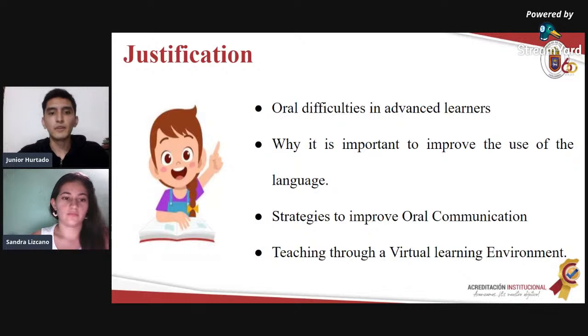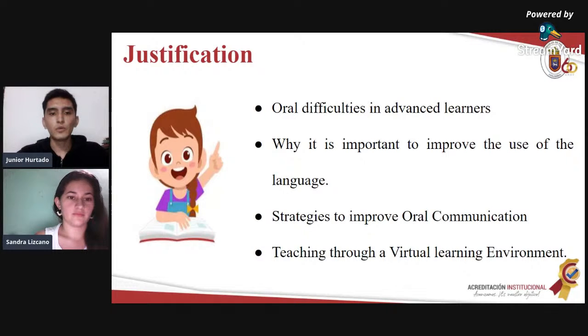proficiency that they have. So furthermore, considering these reasons, this project seeks to enhance students' pronunciation by implementing strategies for the students to be aware of their English speaking and also improve their pronunciation. All this through a virtual learning environment. Consider the limitation that at the moment had been established, taking into account COVID and also the virtual process. So for those reasons, in order to enhance this process, we are going to use internet, and it is also required for the participants to be connected to the development of this project.